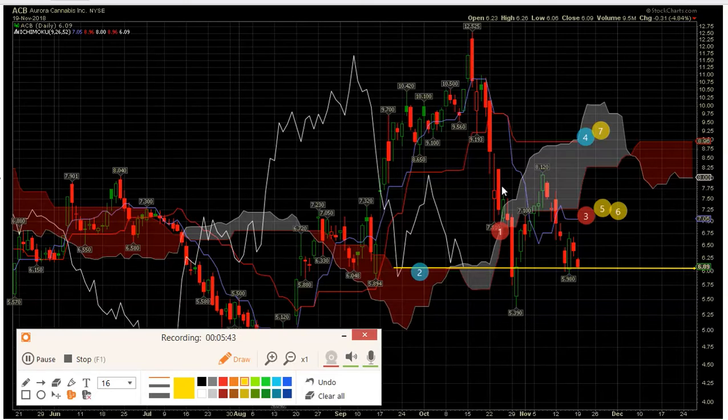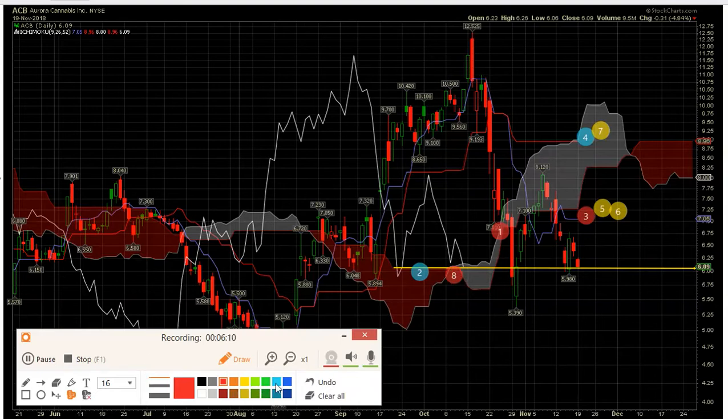Now I'm moving on to the Chikou span, which is the momentum indicator. And this makes a lot of sense right now. The reason that these indicators are neutral and trading flat is because there has been no breakout in the Chikou span. So our 8th item is the Chikou span trading above price. No, it isn't, so that is definitely negative. The Chikou span is not trading above price,